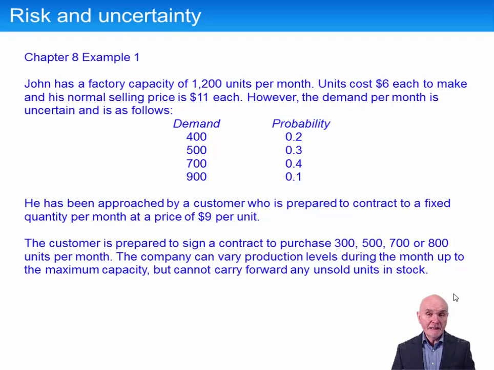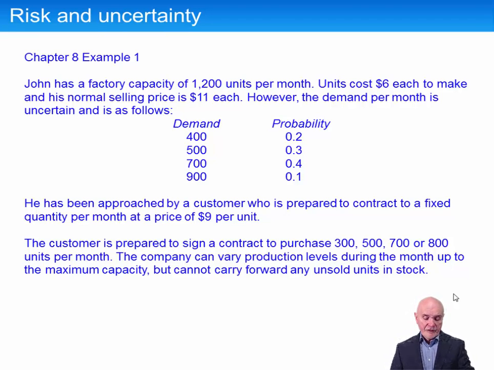We may have no ideas about the probabilities of different outcomes, or we might be able to assign some probabilities to different outcomes occurring. If that's the case, it's called risk. If you're working in the dark with no probabilities available, then it's called uncertainty. And the best way to see the various approaches is to work through this example. So we'll read through it because it's just a little bit complicated, but it's not too bad.